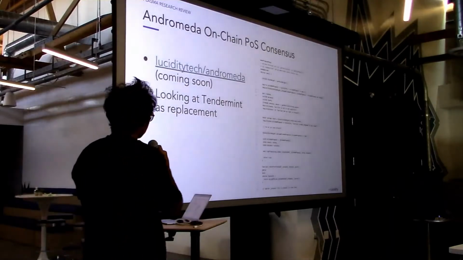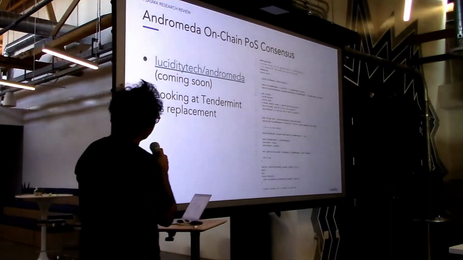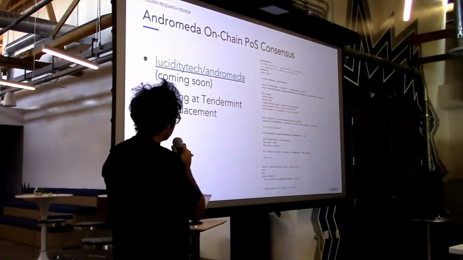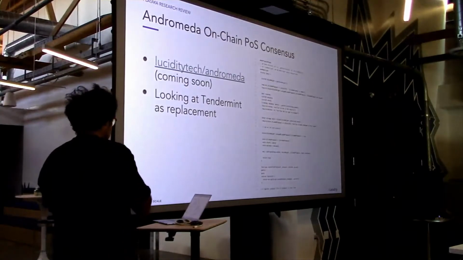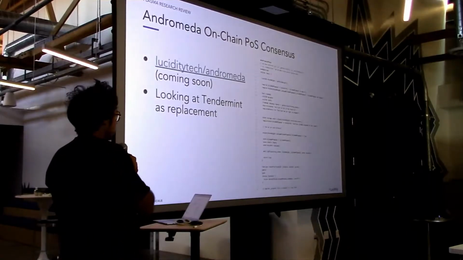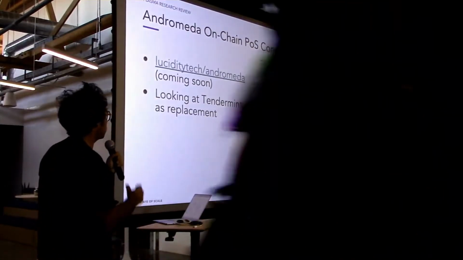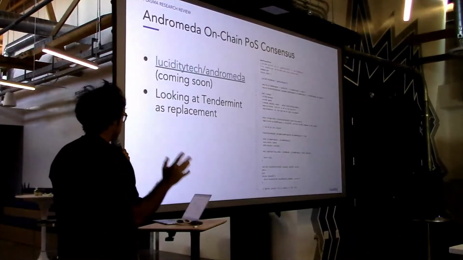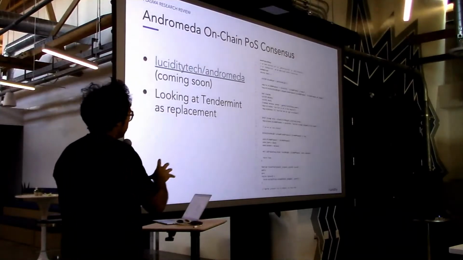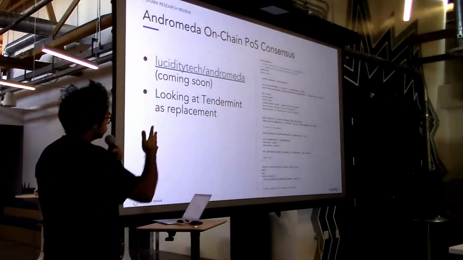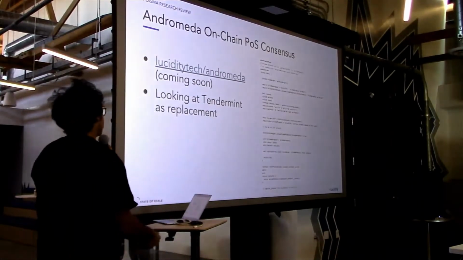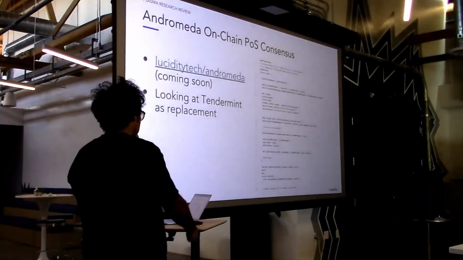So here's a snippet of the Andromeda smart contract. It's going to be open source soon. We're just cleaning up some PRs right now. The way that it works is it works on cycles of blocks. So for example, we say, hey, for this sidechain, we want to come to a consensus roughly around every hour. There's some jitter period that the verifiers handle, but it calculates how many blocks per period, and then divides that into two rounds. So you have your proposal period, and then you have your reveal period.